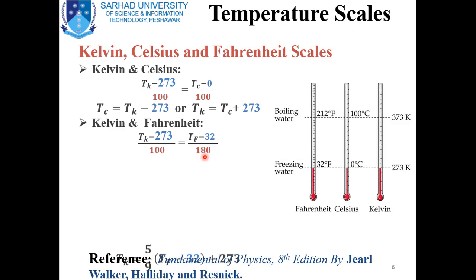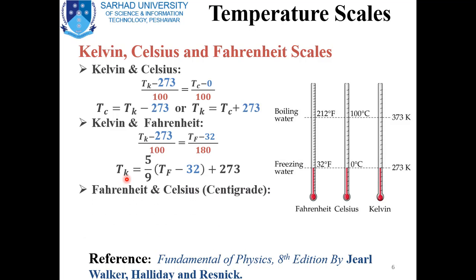And we can derive Tk is equal to 5 by 9 into Tf minus 32 plus 273, which means that